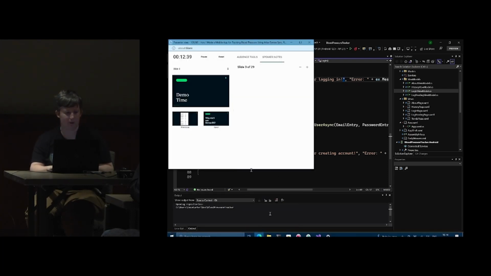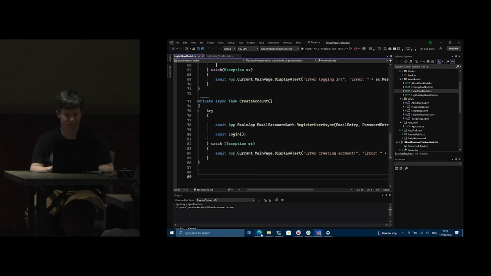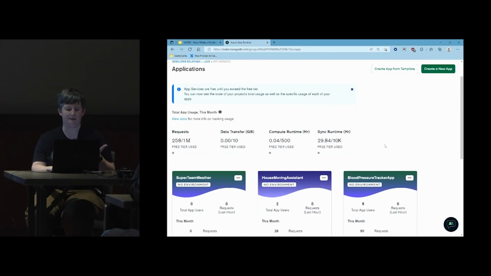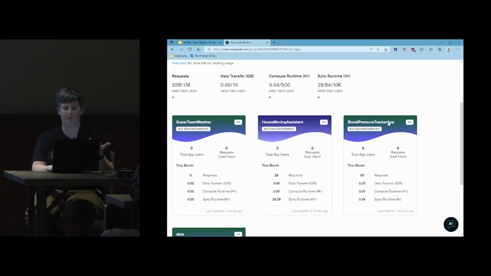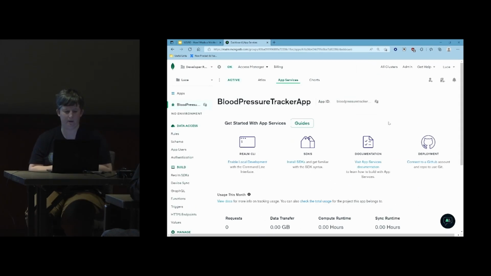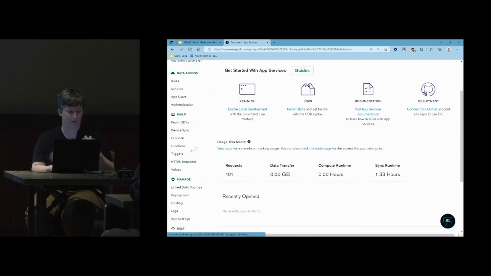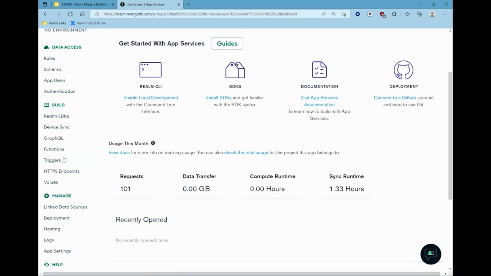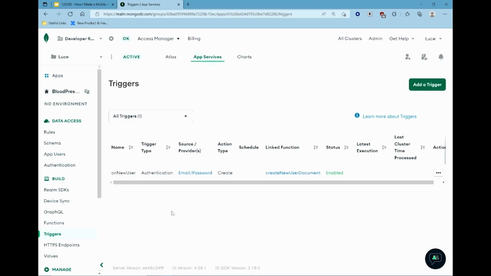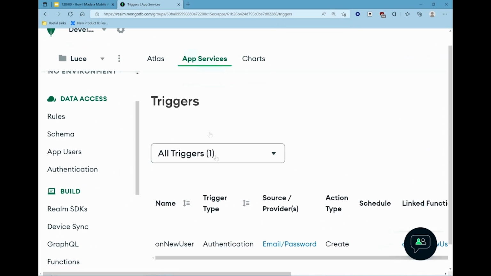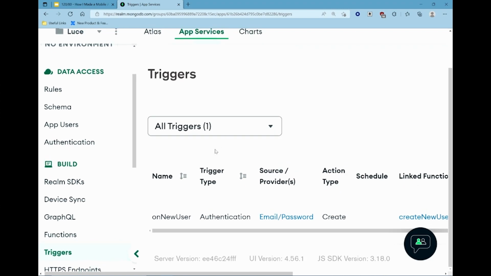So if we come into the browser, and we come into here. In Atlas App Services, you can create an app. So I've got an app for this blood pressure tracker. And if we come into it and have a look, on the side, you'll see that we've got options for functions and triggers. So we've got a trigger. And what this trigger is saying, let me zoom in a bit. The Atlas UI doesn't zoom very well, but essentially what it's saying is that when you're using email password